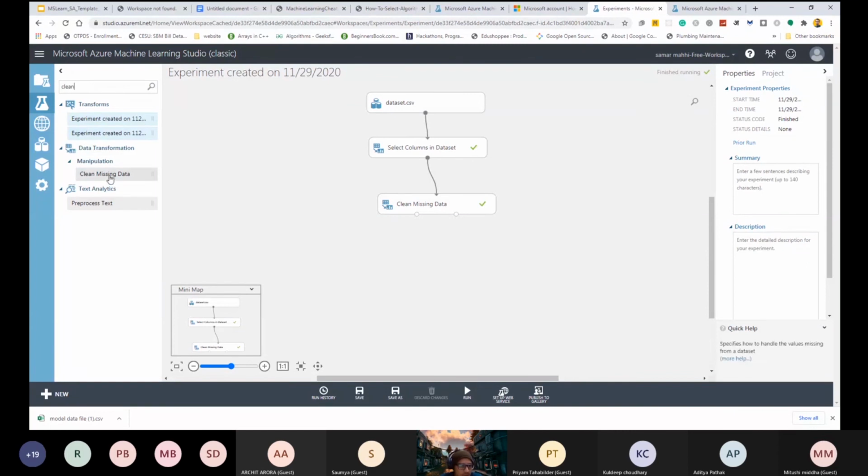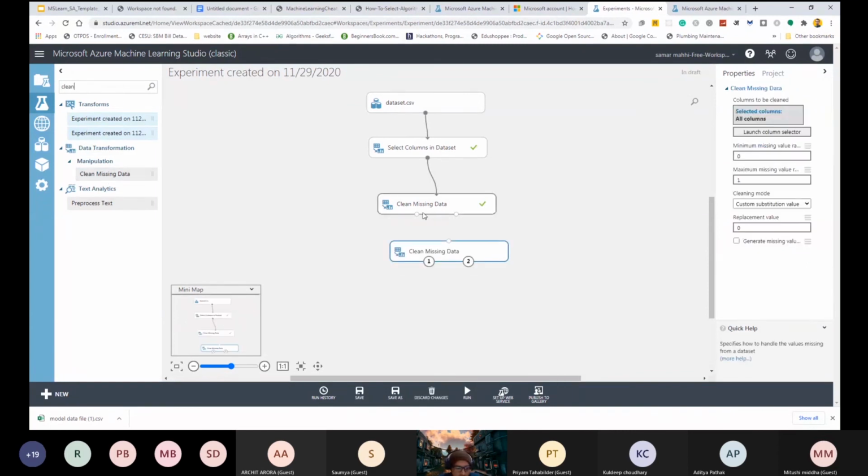We will also use the clean missing data once more, because there are other features which have some missing data. For example, there are building area, year built and council area. There is a lot of missing data on those too, so we have to fix that as well.